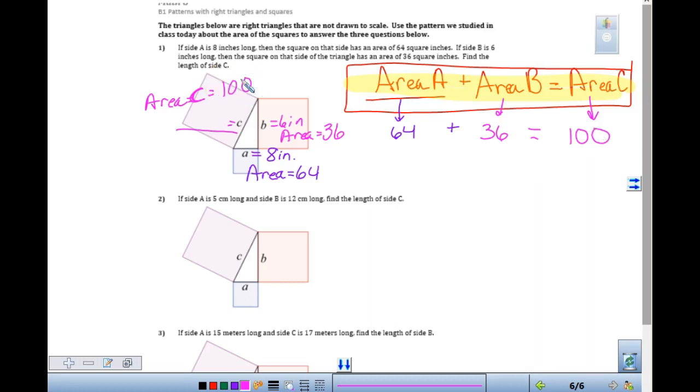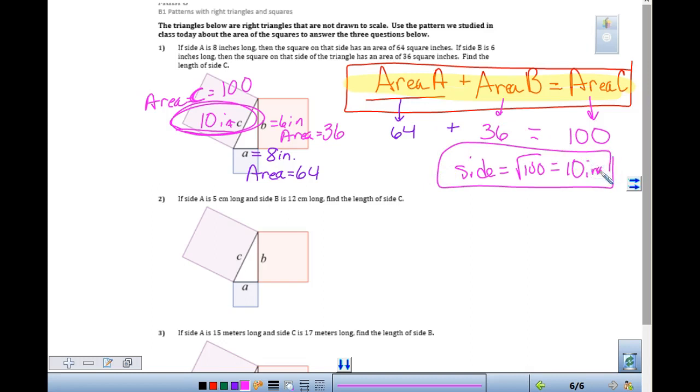I don't want to know the area of C. That's not the question. The question says, what's the side? So now we have to take the square root of 100. Square root of 100 is 10. That should be what you memorize. So you're going to tell me 10 inches. Circle your answer. Someone said, can I put it over here? Can I put side equals square root of 100, which equals 10 inches? Sure. But somewhere make sure you circle where your answer is amongst your work. Okay? So in your homework,